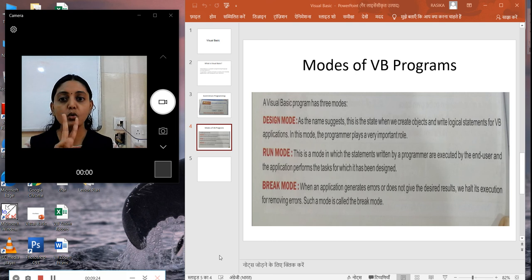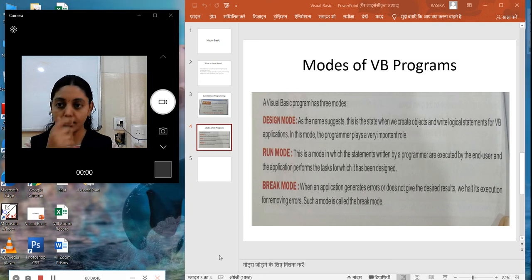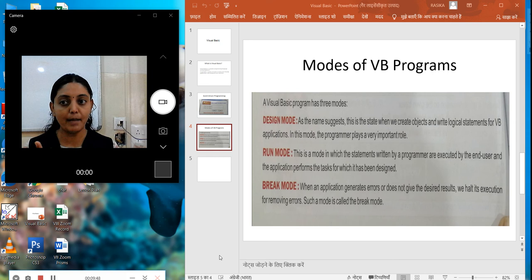There are two different words. Program is different. Programmer is different. Suppose I am going to write the program. So I will be called the programmer, and the program which I am writing, or the steps I am writing, that full set of steps is called the program. Okay, understood what is program and what is programmer?